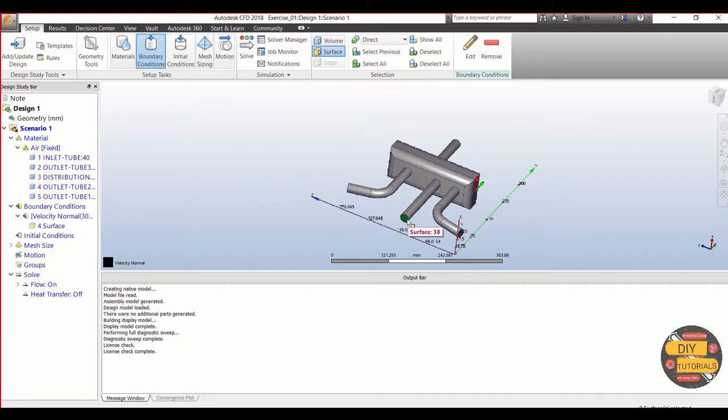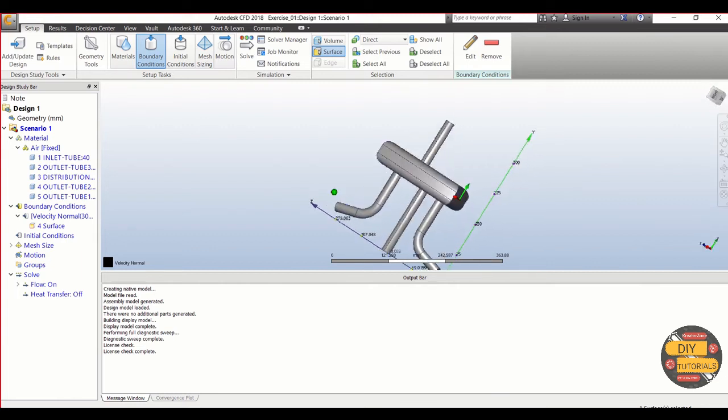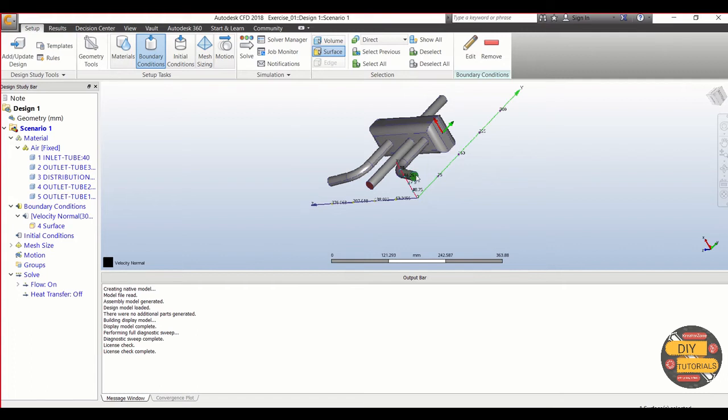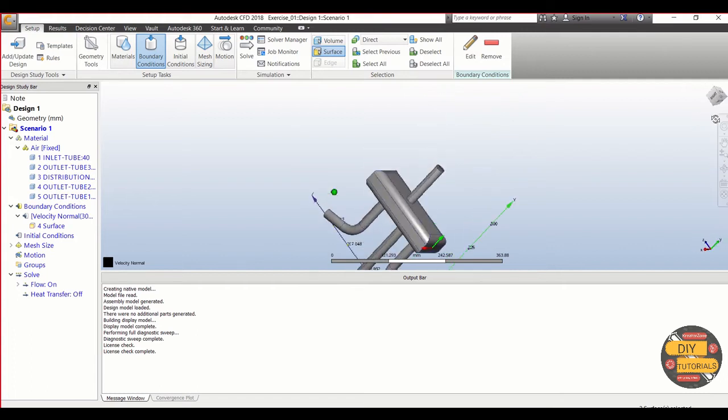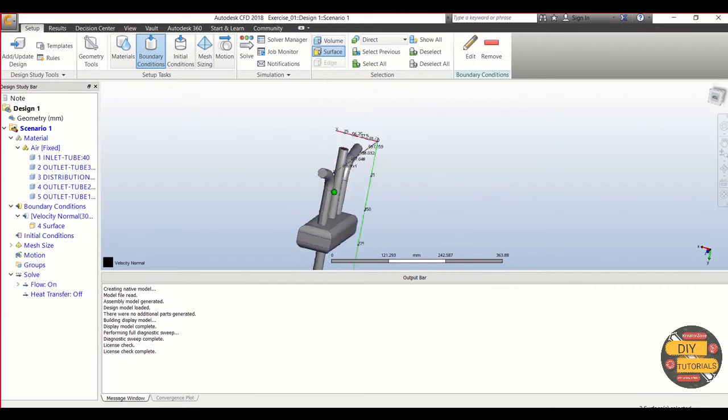In order to do that, I'm going to hold control now. So all of them are selected.